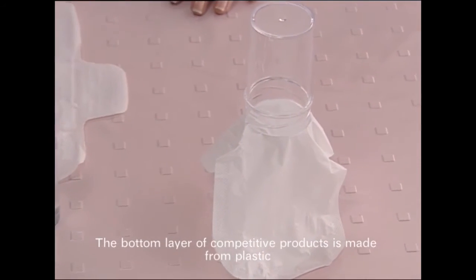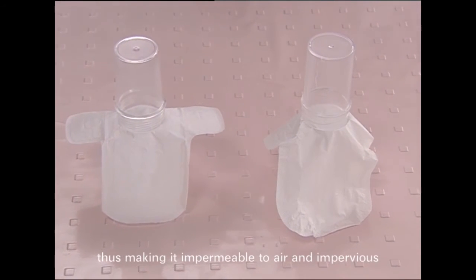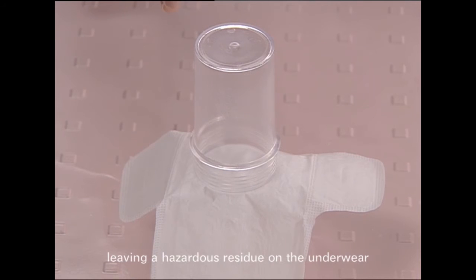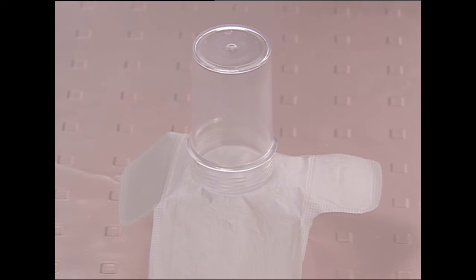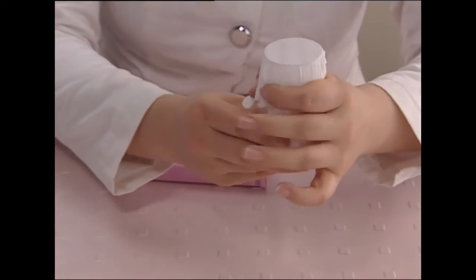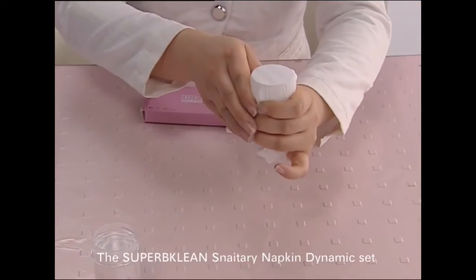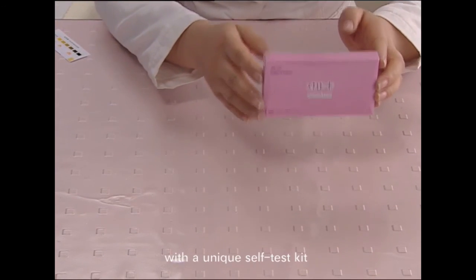The bottom layer of competing products is made from plastic, thus making it impermeable to air and impervious, and the adhesive is industrial in nature, leaving a hazardous residue on the underwear. As is evident, the bottom layer of Superb Clean is air permeable yet leak-proof. The Superb Clean sanitary napkin dynamic set also comes with a unique self-test kit and contrast cards which permit